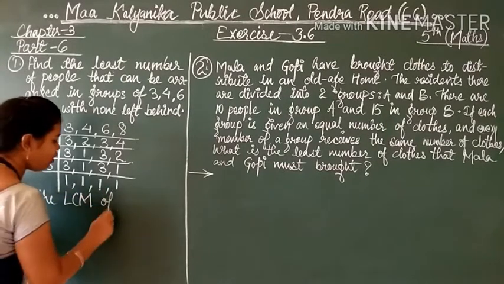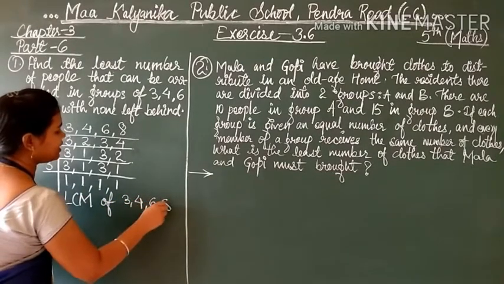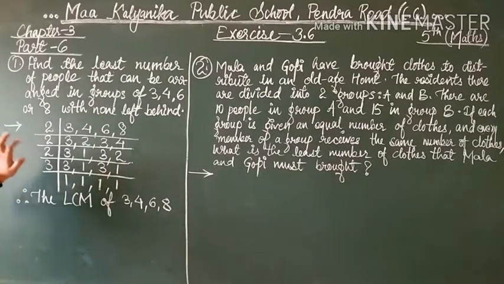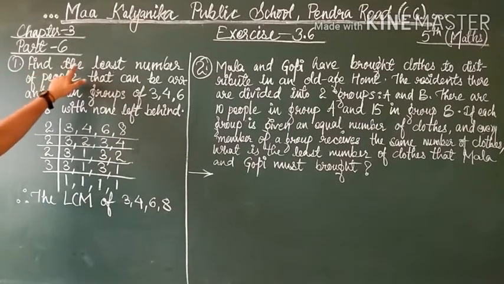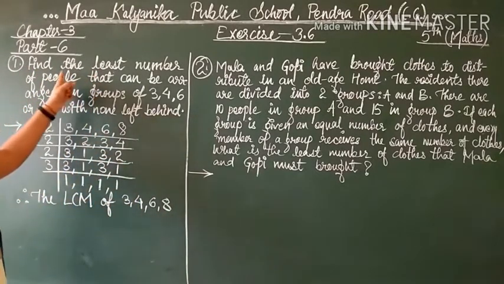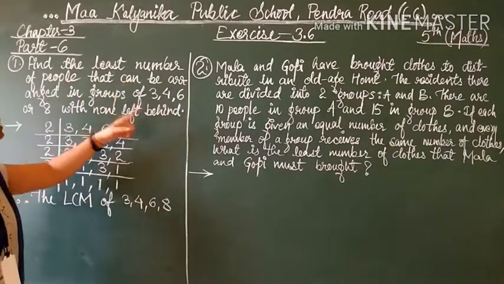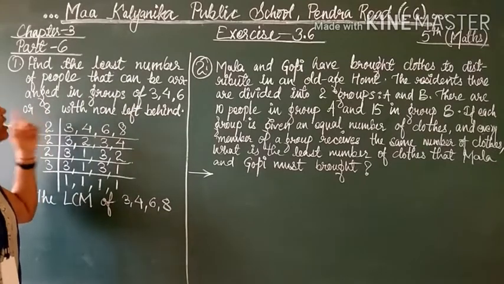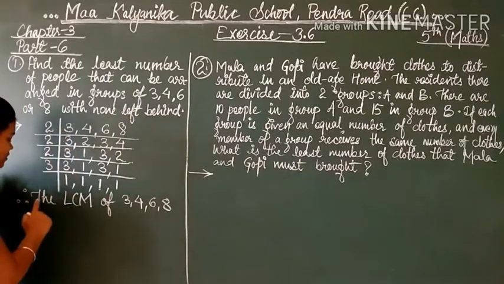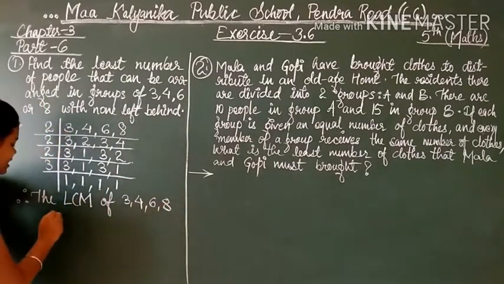LCM of 3, 4, 6 and 8. Why are we writing the LCM of 3, 4, 6 and 8? Because this is the only answer. The question asks for the least number, which is the least common multiple of 3, 4, 6 and 8. So the least number of people that can be arranged in groups of 3, 4, 6 or 8 with none left behind. Taking care of that, we will write directly the LCM of 3, 4, 6 and 8 is equal to